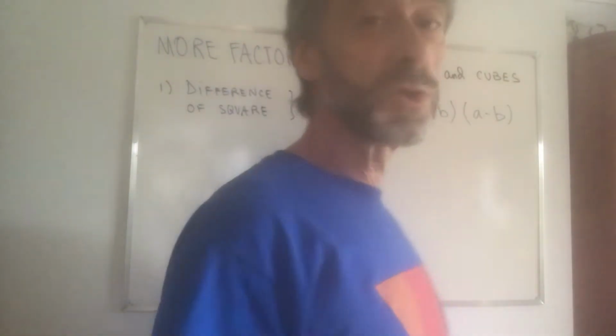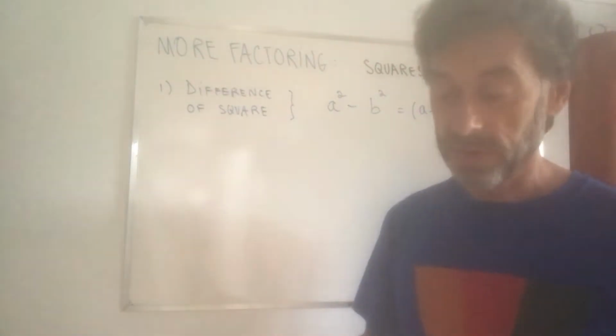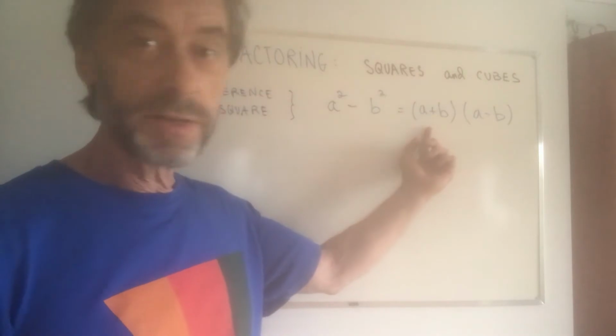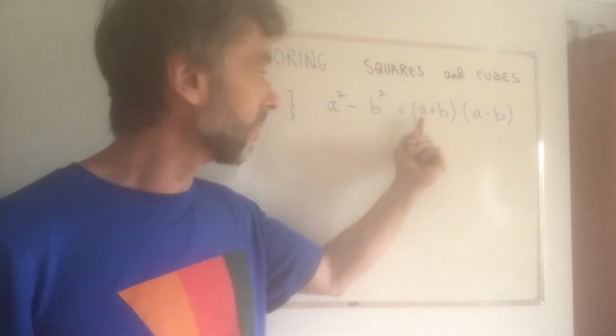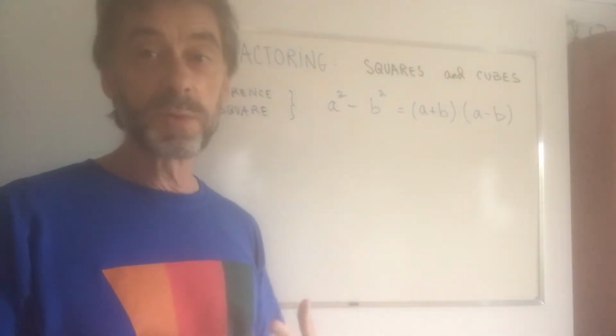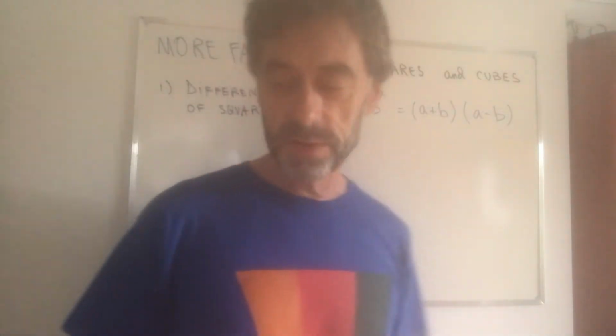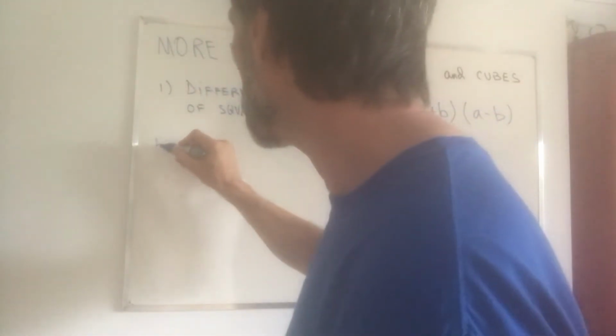The proof of this is super simple. All you got to do if you want to prove this formula is what? Well, take the right-hand side and expand it the way we did it in the previous videos. So a with a, a with b, and so on and so forth. And you will see that things cancel out until you get back to a squared minus b squared. Petit exemple,